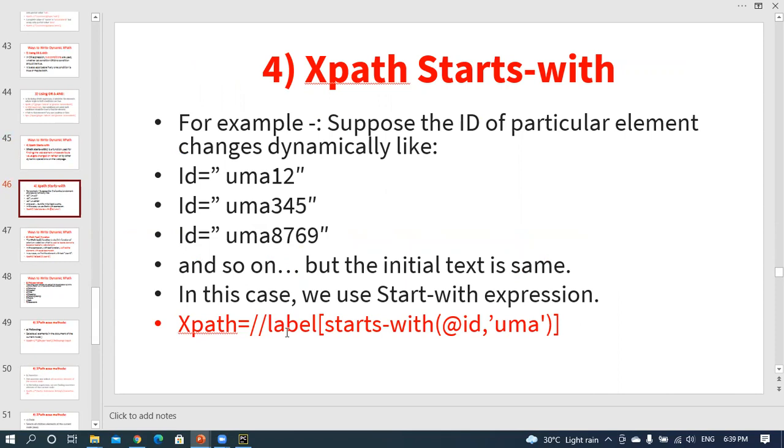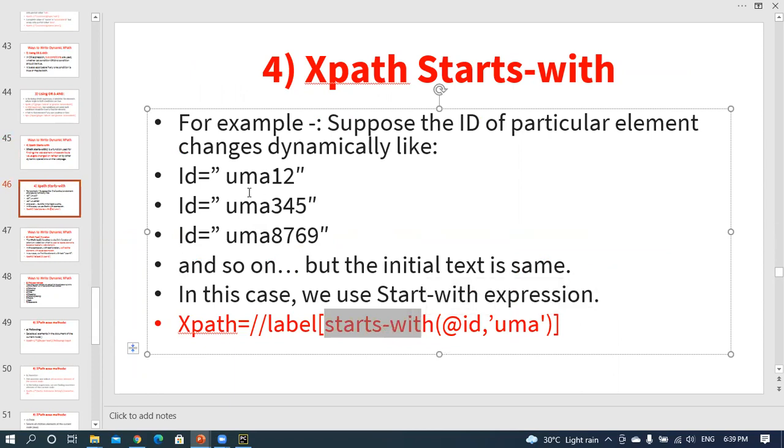For that, you use / attribute name starts-with @Uma. If the initial text is the same, then you will use starts-with. Here, starts-with @Uma, then that particular element triggers. This is one way of writing the XPath.